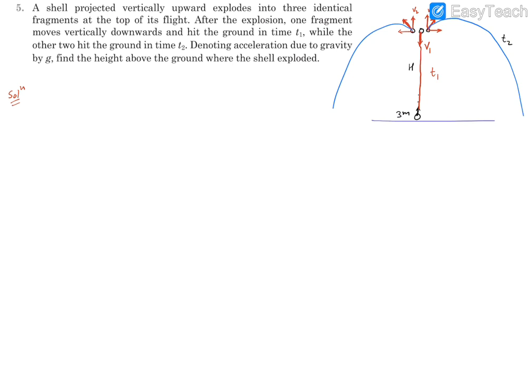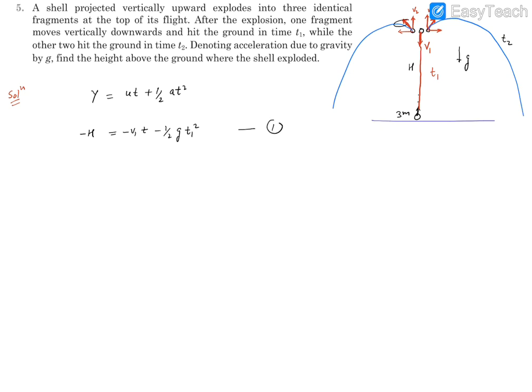So we can write the equation for both. For the first particle, it has to displace how much? Minus h downwards. Gravity is acting downside, right? So displacement is minus h. We are going to apply the equation y is equal to ut plus half at square for particle 1. So displacement minus h is equal to initial velocity minus v1 times t, and g is minus g, so minus half g t1 square. This is for particle 1.